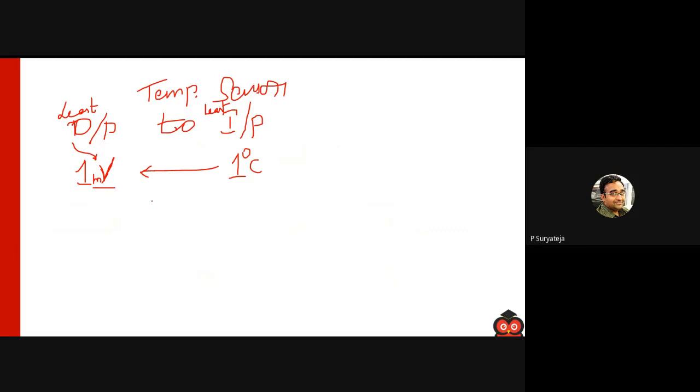This is called sensitivity, and the sensitivity of the sensor will be represented as 1 millivolt per 1 degree centigrade. So this is how sensitivity is represented. By seeing this, you can understand that for a 1 degree centigrade change in the input, the least change in output is 1 millivolt. So that is sensitivity.